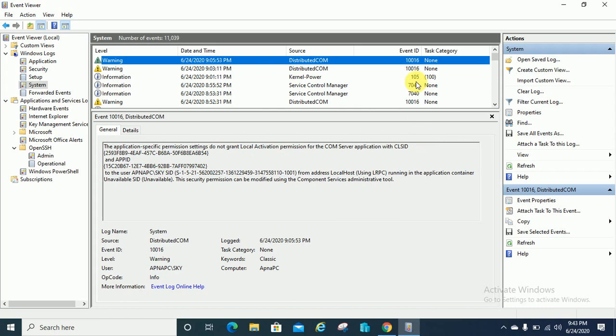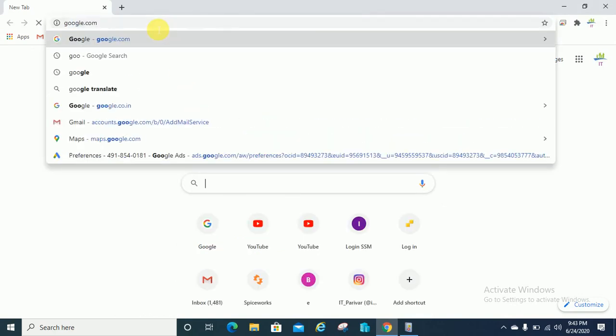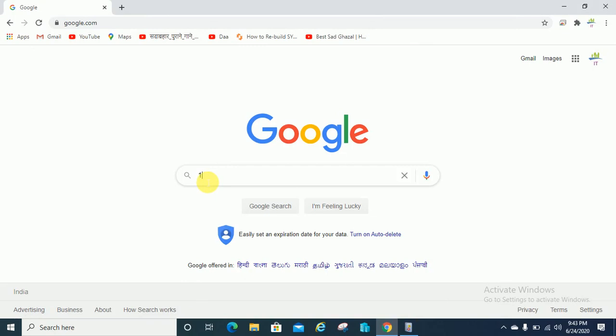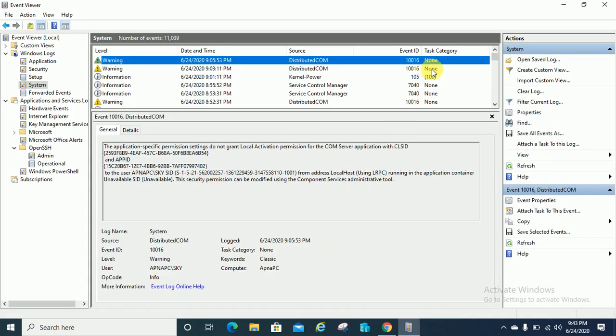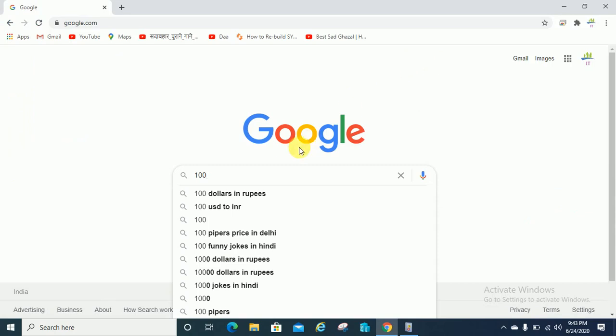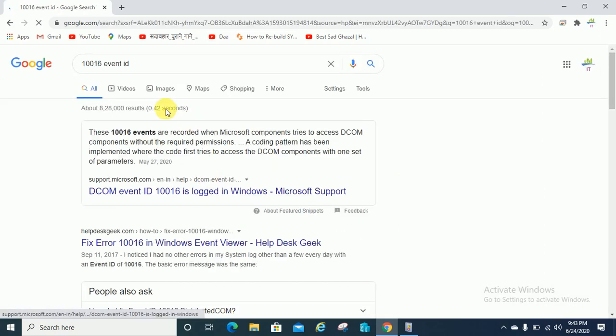So what you can do, you can just go on Google and enter the event ID, that is 10016. If you want to fix such an issue, or if you want to know the root cause, just enter it here.